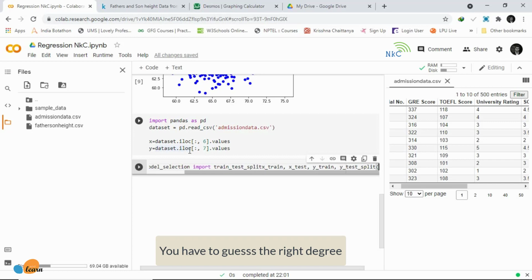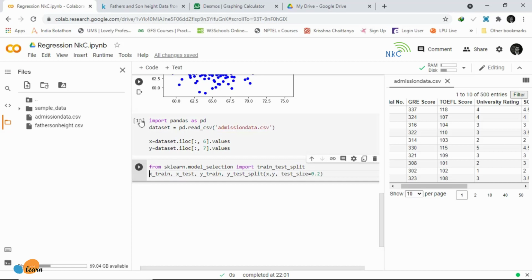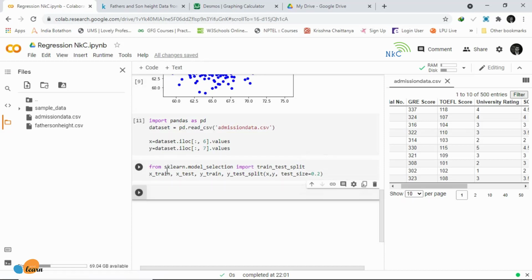Now since we have 500 entries, that means 100 data points will be set aside for testing the accuracy of our model. Okay, 20% is pretty normal, that's industry standard. If you have a lot of data points, then you can make it higher. If you have a little bit of data points, it just really depends. But generally you want the test data to be a good representation of the total data, and usually the number is around 20% or 0.2 of the data set.